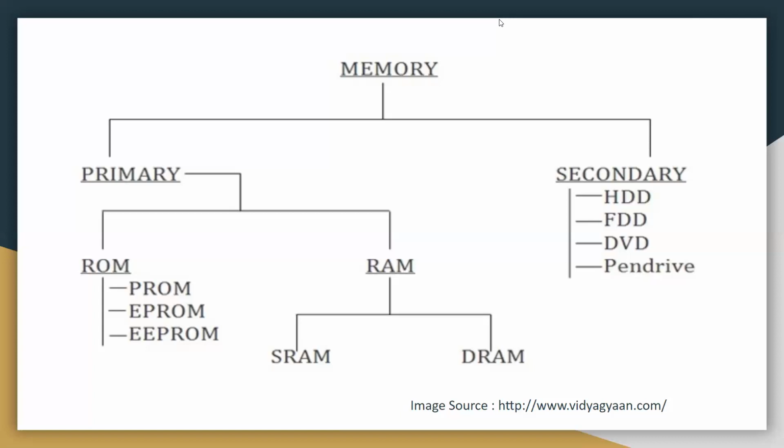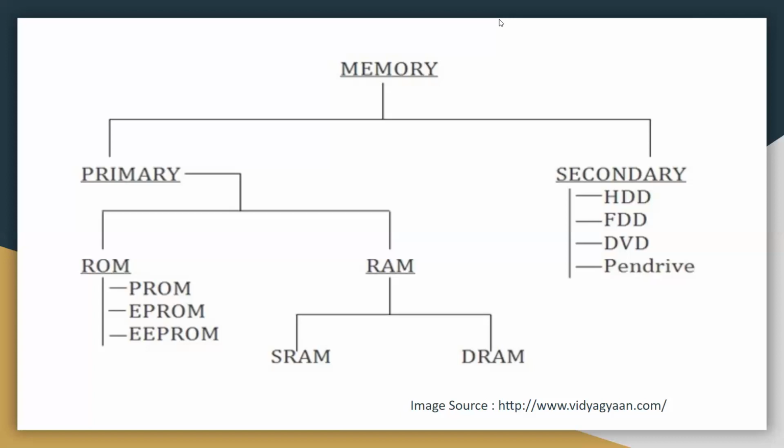RAM is volatile in nature, that is, the data stored in it is lost once we switch off or when the computer is turned off or if there is any kind of power failure. So we really need a backup for it. Most of the time we use a UPS, an uninterruptible power supply, which helps you keep your computer systems on for a longer time and acts as a backup for you.